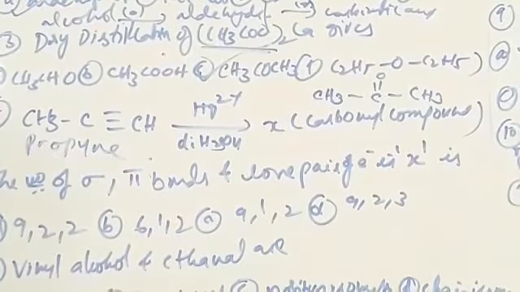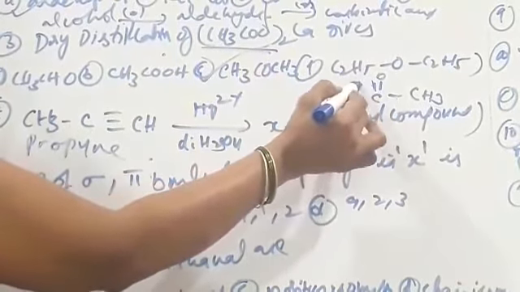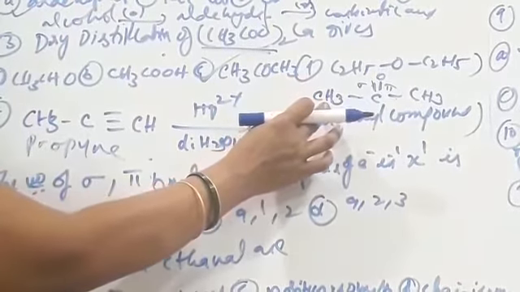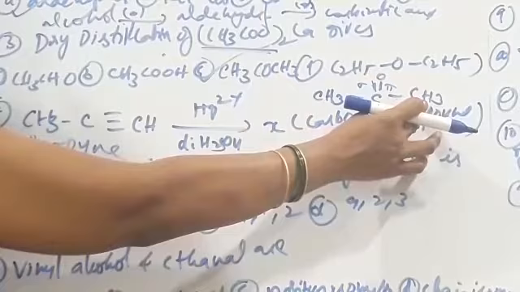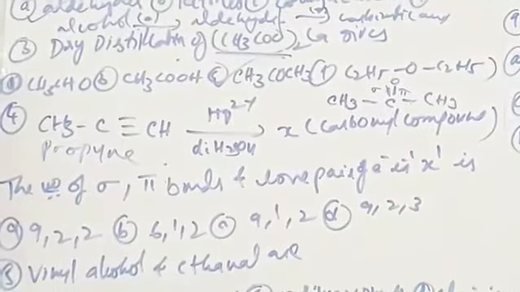Here, number of sigma bonds. So sigma bonds in acetone. So here 1, 2, 3. This is a double bond, 1 sigma and 1 pi. Okay. 3 and 3 with the hydrogen atoms of this carbon. And again 3 bonds with the hydrogen atoms of the third carbon. So totally 9 sigma bonds, 3 plus 3 plus 3. So here in the double bond, one is sigma and another one is pi. So 1 pi bond is there. 9 sigma, 1 pi bond.